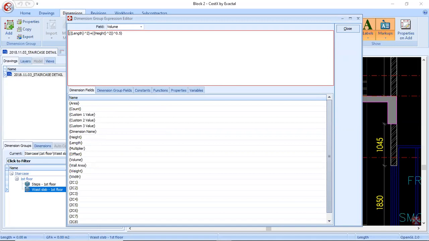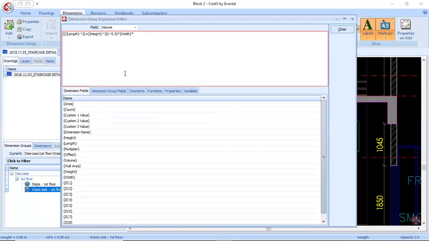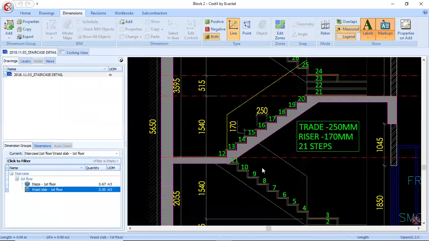So I'll get the slant length multiplied by width multiplied by thickness of waist slab. The thickness of waist slab is nothing but 150 mm. I will take it as 0.15. I'll close it. I'll update.